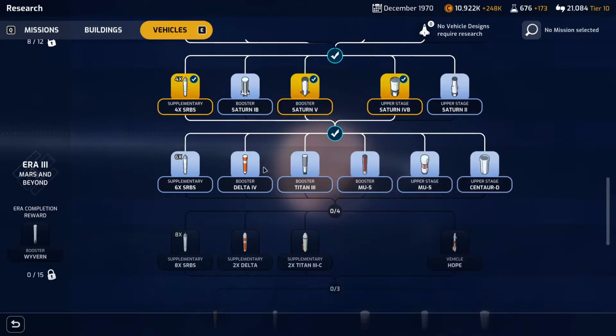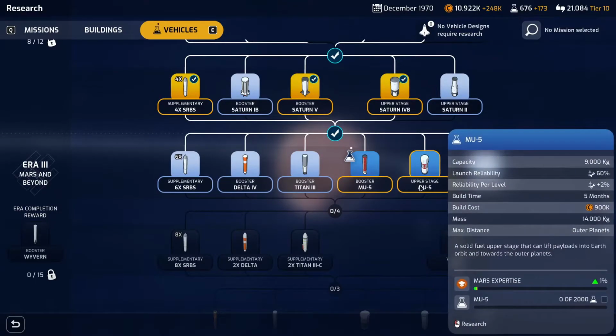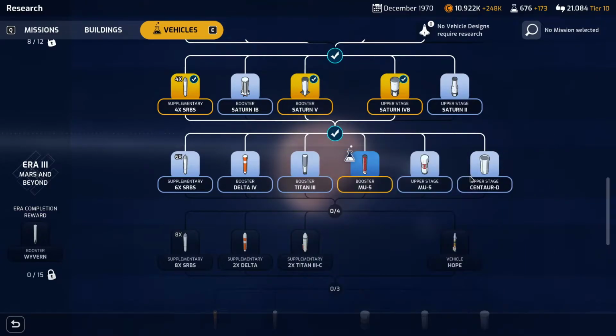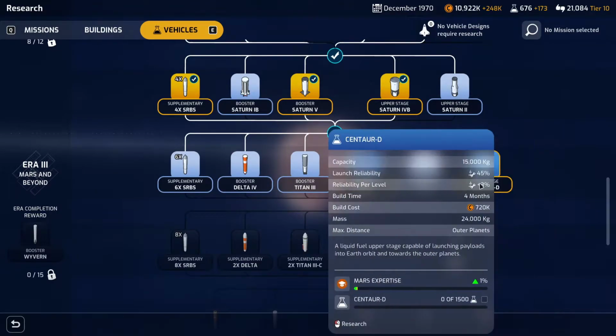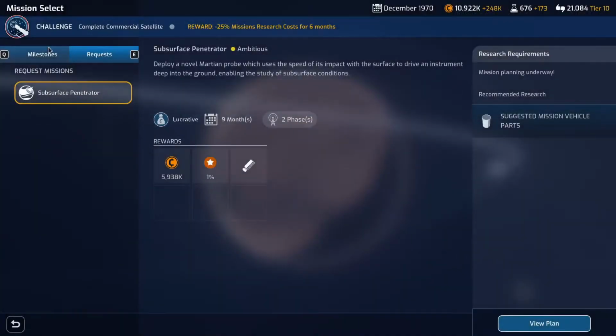It's 5 months to build compared to 6 and 4. So yeah, I think we'll go for the Mu 5, which is a heavy lift, solid rocket capable of launching large payloads into Earth orbit and to the outer planets. And then I am tempted just to make the match and just go for the upper stage as well, but I'm concerned that the capacity may not be enough on some of the other missions, and it is a little bit more expensive. But I think I'll go for the Mu 5 purely on the launch reliability, only because I don't see, looking at the missions,